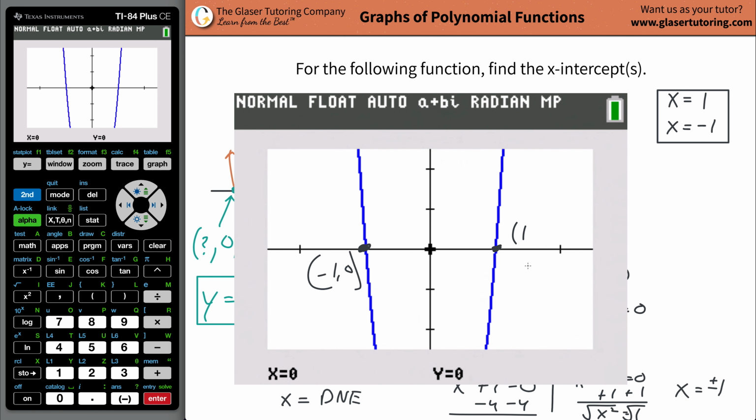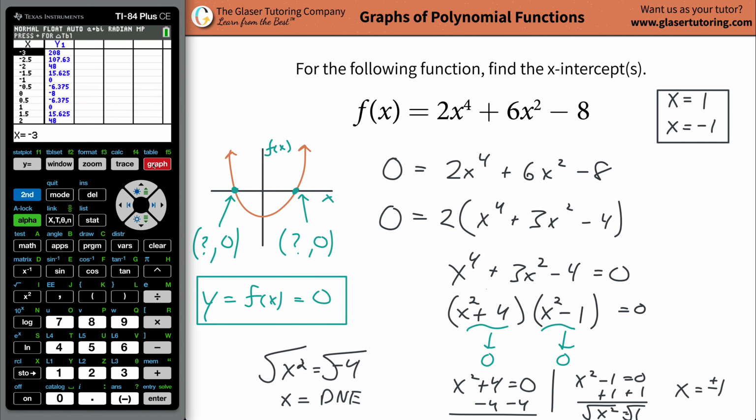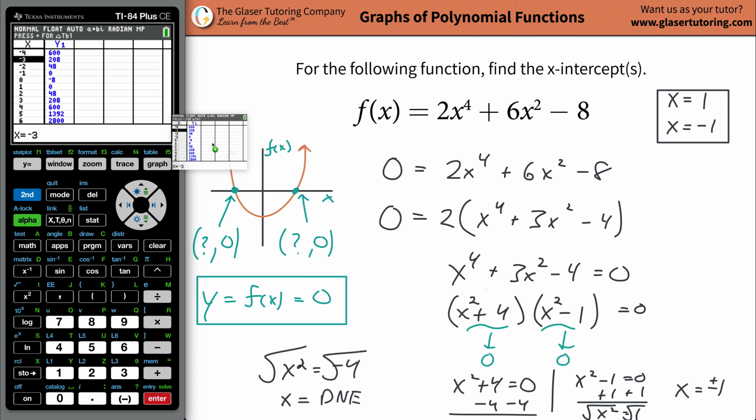There it is, right? If you're still not convinced, you can go to the table in your calculator. Hit second table. I got it incremented by half. I hate that. Let me just hit the plus button. I can now change the increment. I only want to increment it by 1, okay? And I'm going to hit enter. All right, that looks a little better. In any case, when I pull this on out,